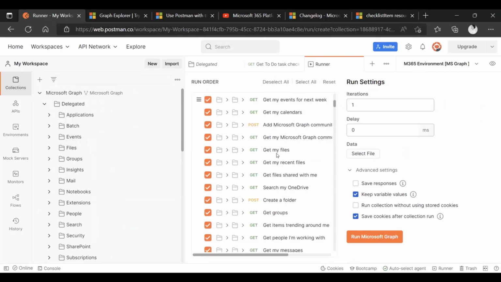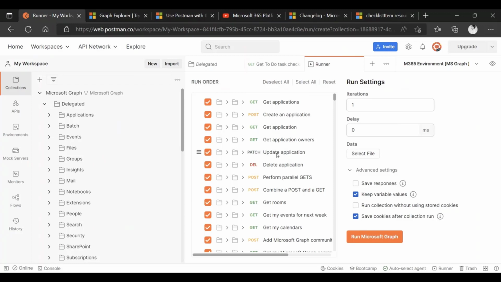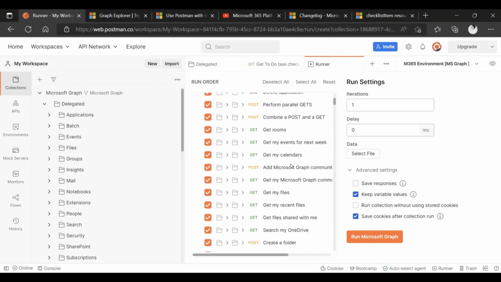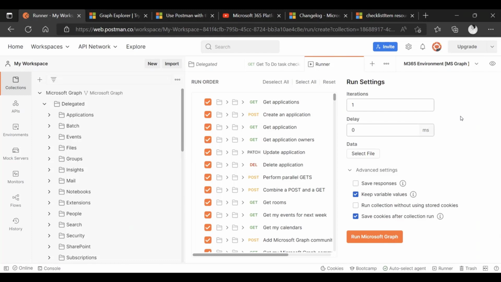And in here, because I selected run collection on the main Microsoft Graph collection, every single request available on the collection will show on here, and it's selected. There are a few settings that you can set on the runner. For example, iterations, which is how many times you want to run this collection automatically? You can set it to 1, or to more than once. The delay is, do you want the requests to run immediately one after the other, or is there a specific delay between every 2 requests?